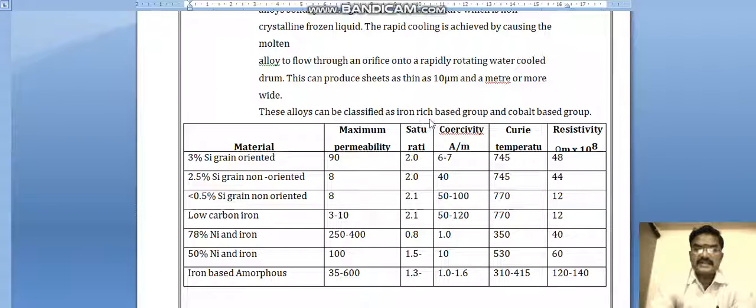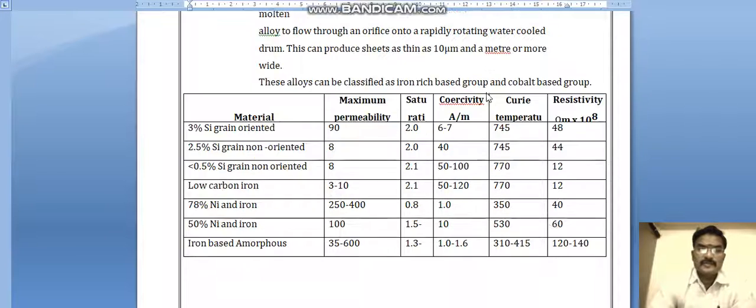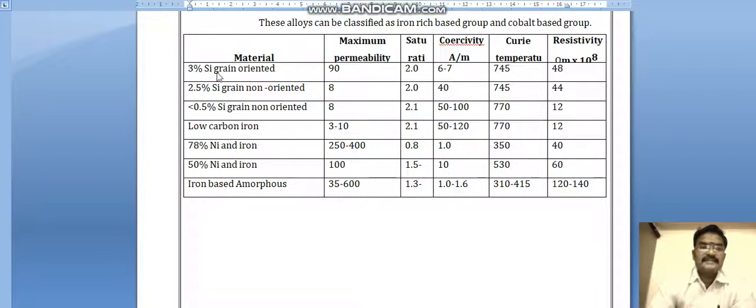These alloys can be classified into an iron-based group and a cobalt-based group. 3% silicon grain oriented: maximum permeability 90, saturation 2.0, coercivity 6 to 7, Curie temperature 745 degrees, resistivity 48.